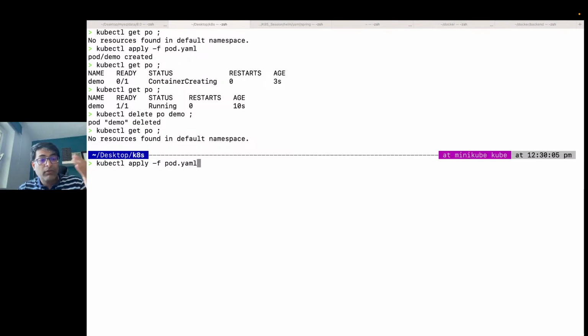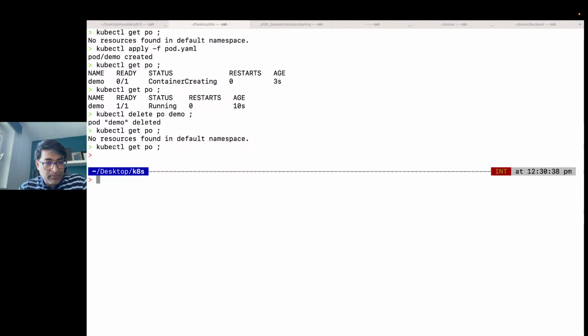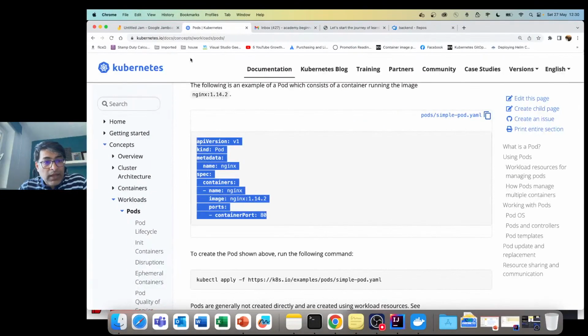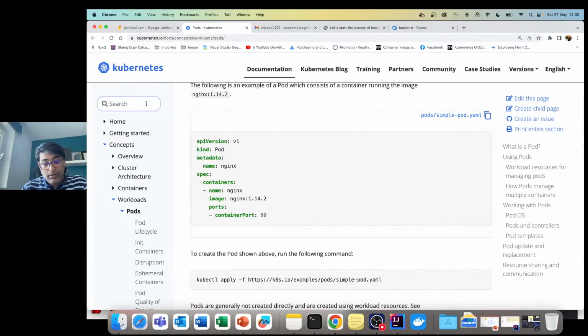And if you wanted 10 copies of the same demo application, you can't do it. You have to give a different name and scale it up to 10. You need to run it 10 times with different names. It is not a good way to scale your application. So, in order to sort out that kind of issue,